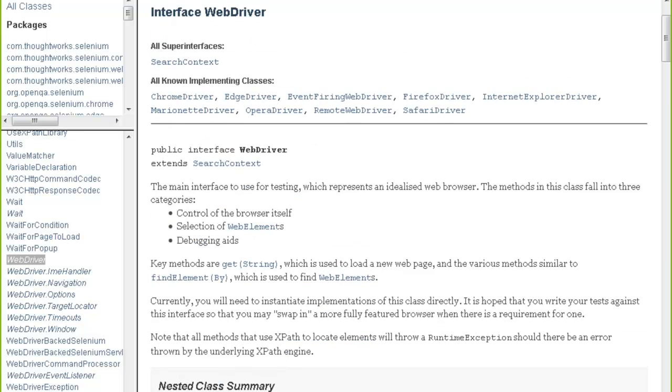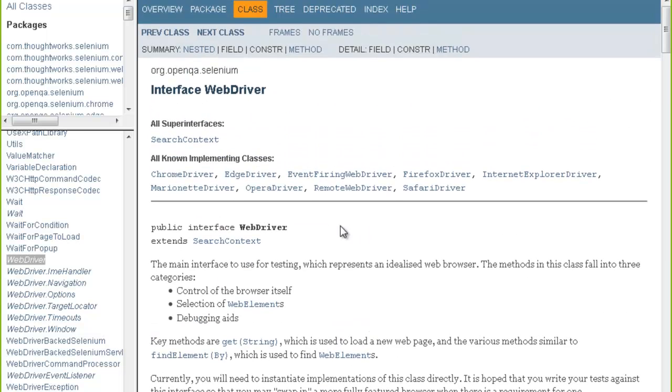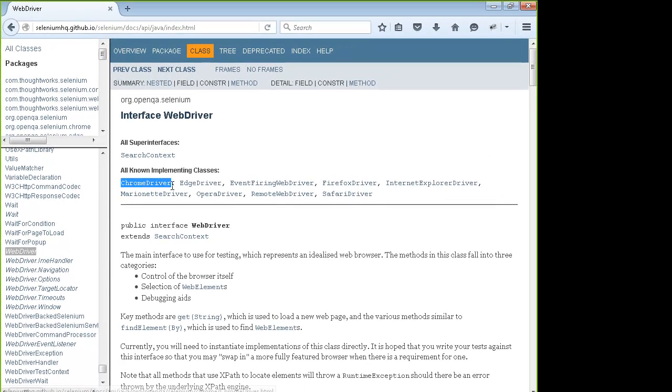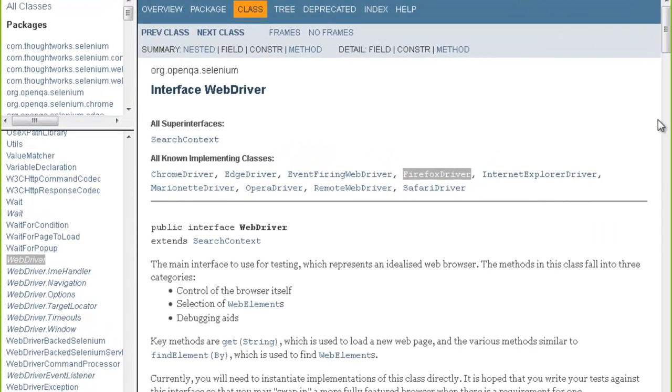So for example, if you have to write in a text field on Chrome browser, the command will be the same as the command in Firefox. So the commands are the same in all the driver classes, because all the driver classes are implementing the WebDriver interface.